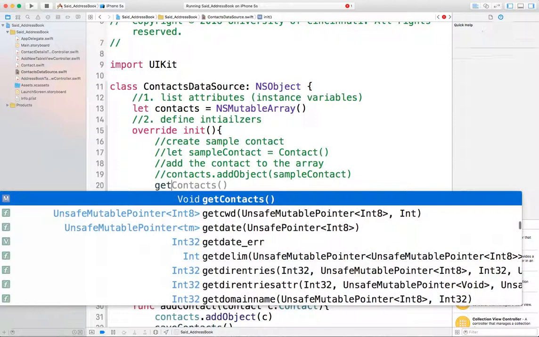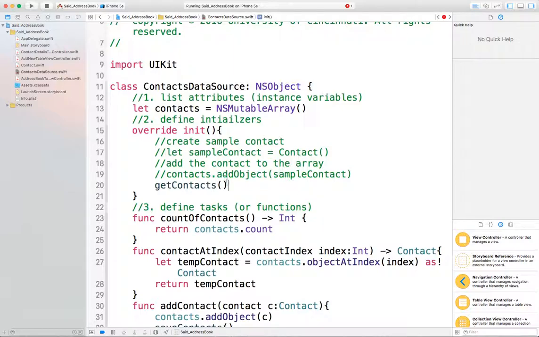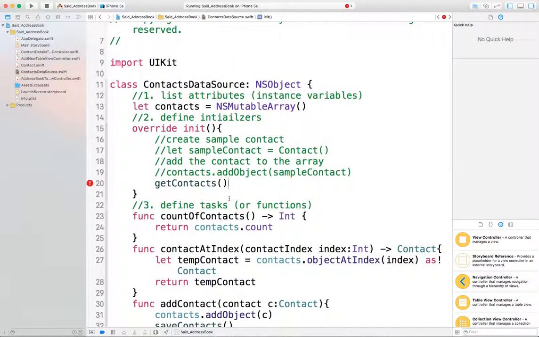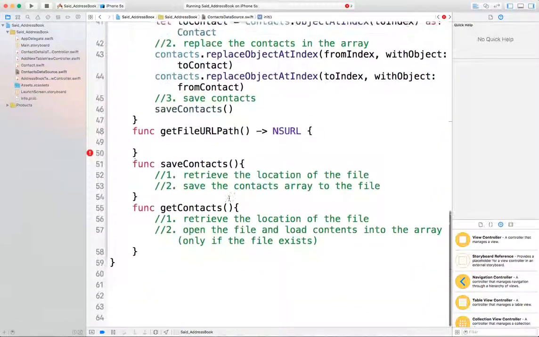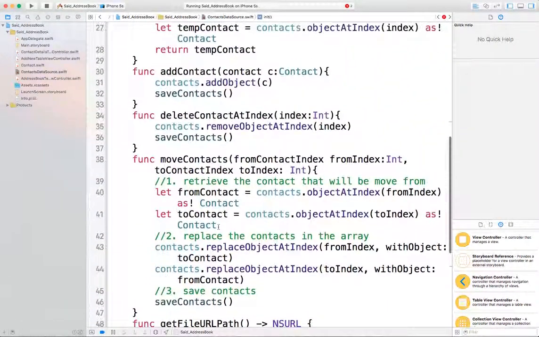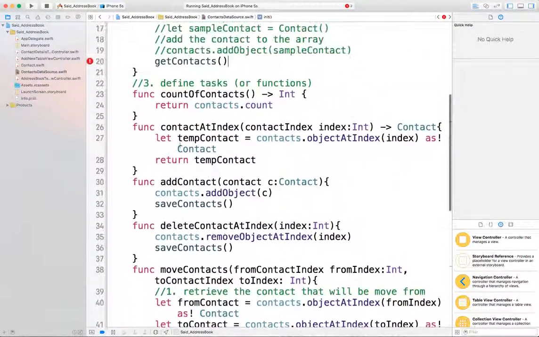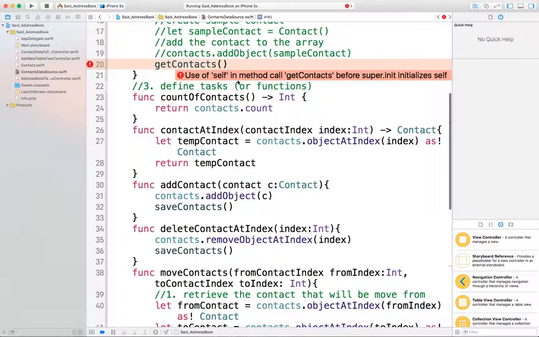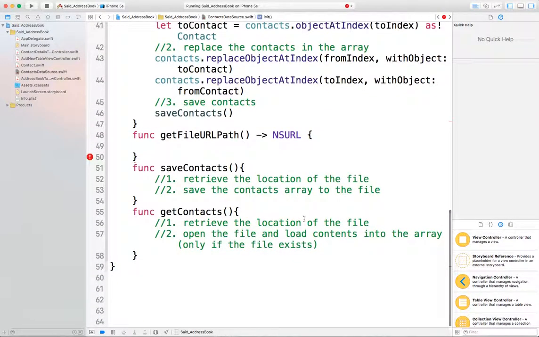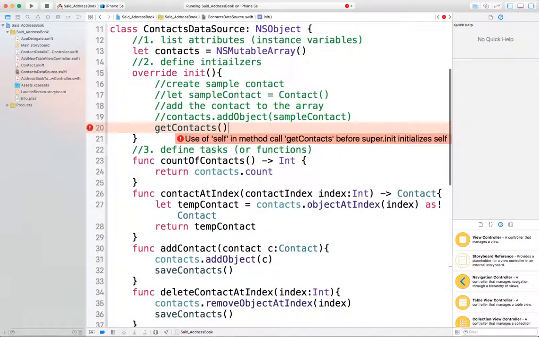One part of getting contacts, so we'll call get contacts, and the get contacts will load the array in here. And let's see what's the issue here. So self, so the contact, let's